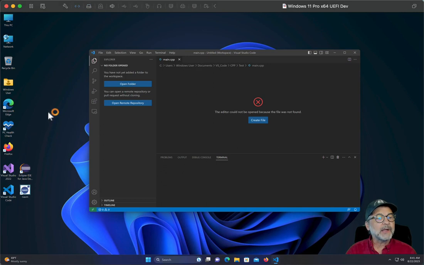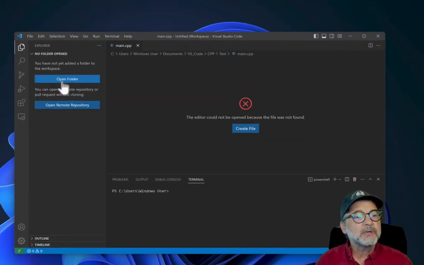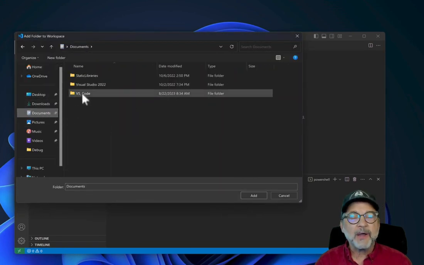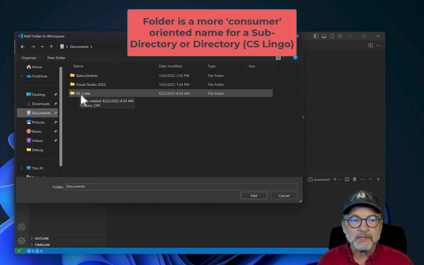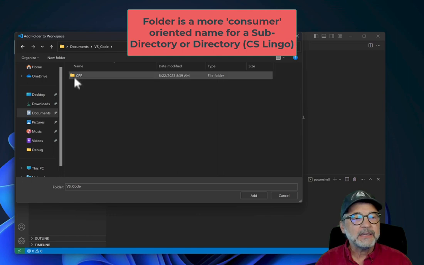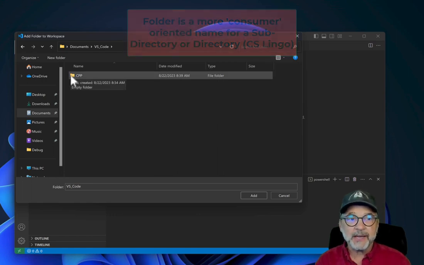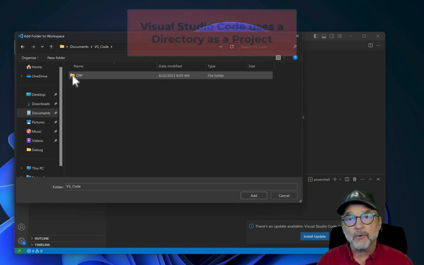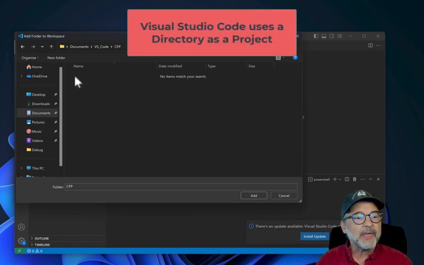I would like to create a new project, and really Visual Studio Code is more about folders. So I'm going to go over here and click on Open Folder. I'm going to go to Documents, and I created a Visual Studio Code subdirectory inside of Documents. So I'm going to double click on that. Inside of that, because I do multiple languages, I created a CPP folder. So I'm going to open that up, and then from there I'm going to right click